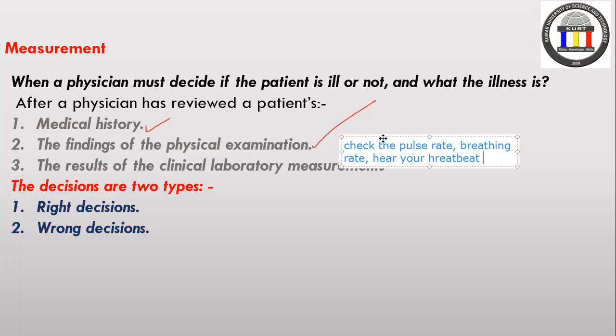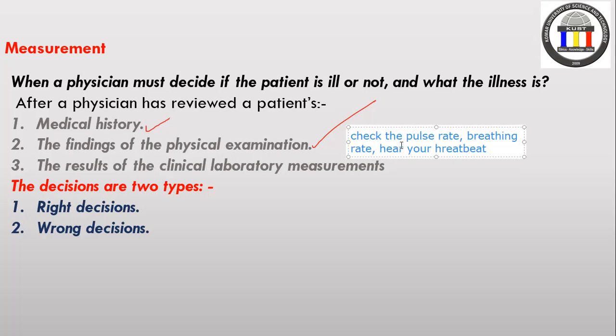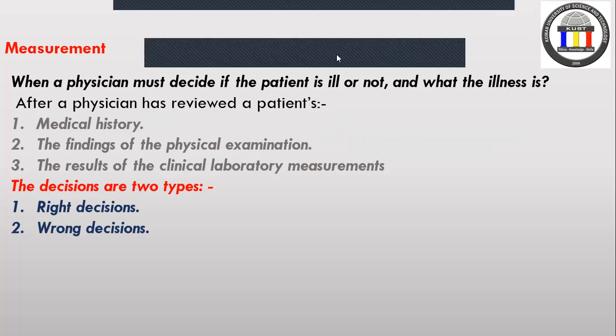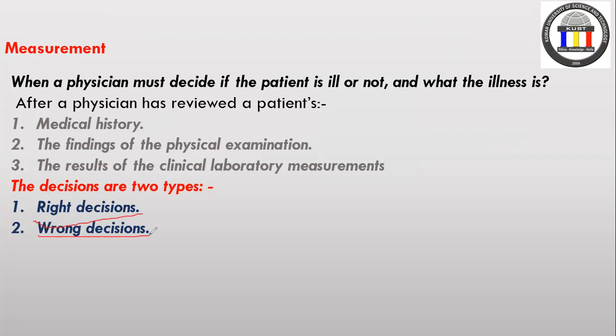Okay, so all of them are just the types of measurement that we have in the previous slide. So he will do this one, and then he will start with, let's say, a result of the physical measurement, which is the quantitative measurement. Then he will decide two things. He will decide if the decision is correct or not, if it's a right decision or a wrong decision. And obviously, if the decision is right, you have this disease and he recognizes it well.